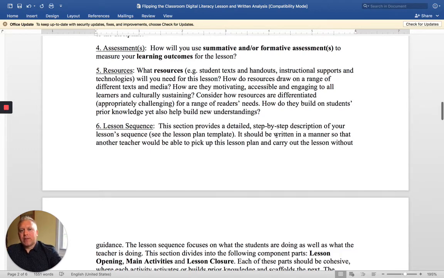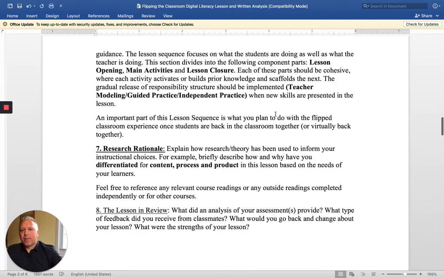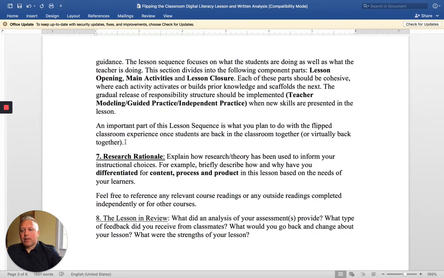The lesson sequence is a step-by-step description of your lesson plan. So this would be talking about the lesson plan as an entire unit, as opposed to the flipped digital literacy lesson plan, which is just a component of the entire lesson sequence, okay? An important part of this lesson sequence is what you plan to do with the flipped classroom experience once students are back in the classroom together, whether that be face-to-face or virtual, okay? So the lesson sequence is really from soup to nuts the entire lesson,